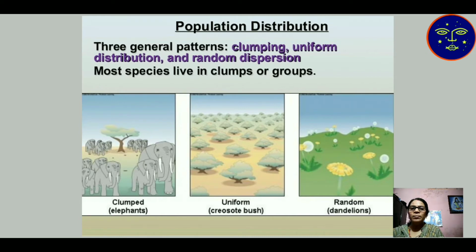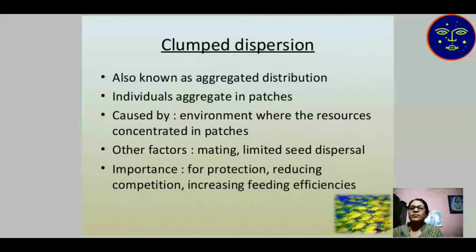Random dispersion means the individuals are randomly spread in the area. Clumped dispersion is also known as aggregated distribution, and individuals aggregate in patches caused by environment and resources